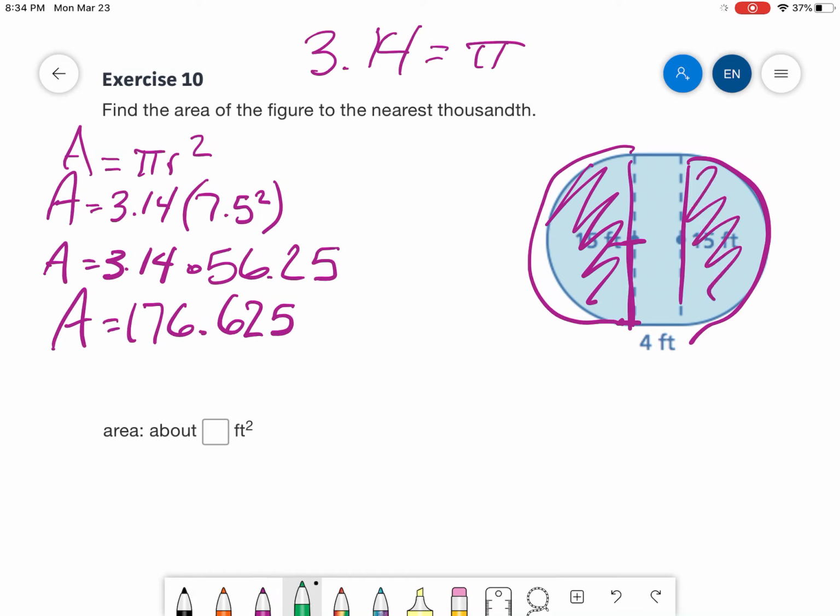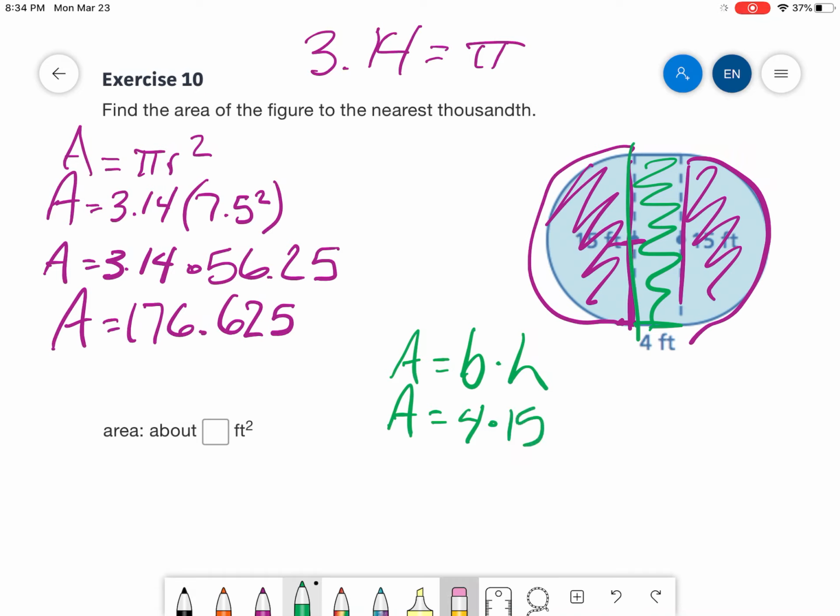Now I need to find the area of this section here. The area of that is a rectangle, so it's base times height. The base of this rectangle is 4 feet, times the height is 15 feet. Sorry, it's a little bit hard to read under all that. All right, 4 times 15 is 60. Then I can add these together. So the area is equal to